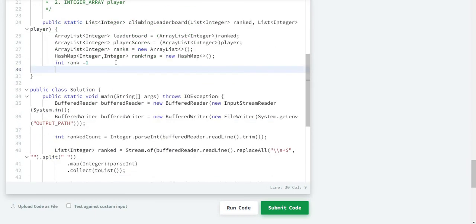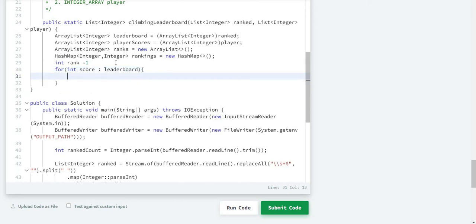Now let's store these rankings and scores in this hash map that we have created. So for int score in leaderboard, we'll check if this rankings hash map contains score.